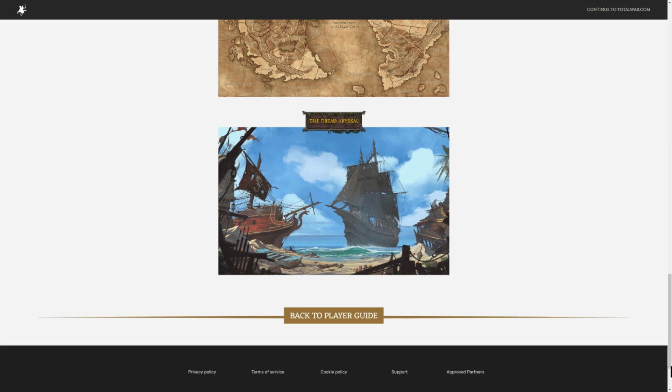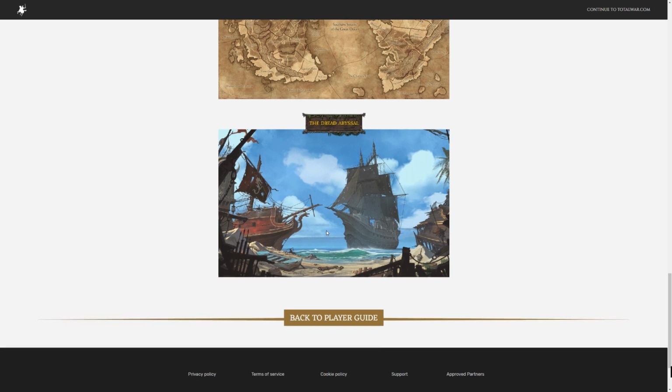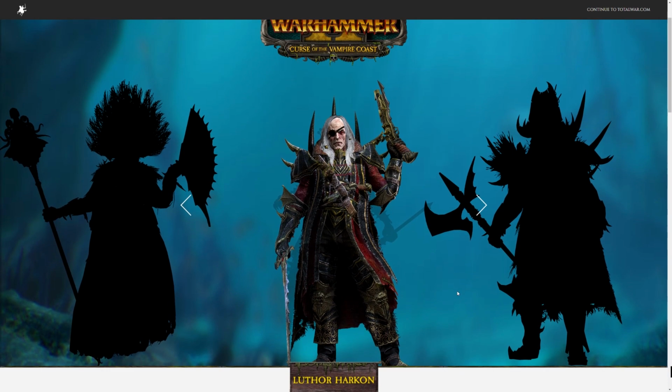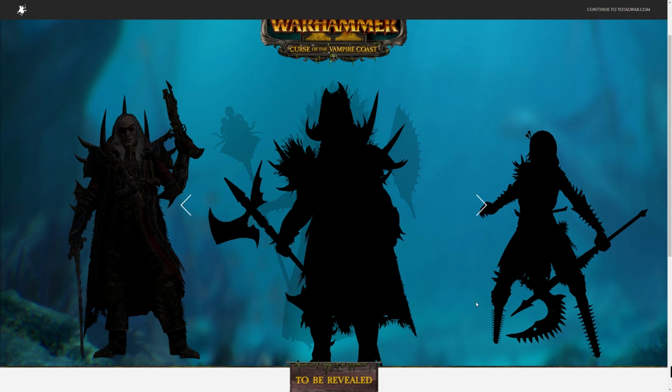They did talk about how these ships are going to be different. Each lord gets their own ship with its own kind of upgradable traits and qualities and differentiating values, I guess. So I guess this is the Dread Abyssal here. There's nothing to go off of for Luther Harkin. There's no previous art. There's nothing that exists for Luther. The picture that people typically circulate around for Luther Harkin is actually Count Noctilus's picture, and that's who we're going